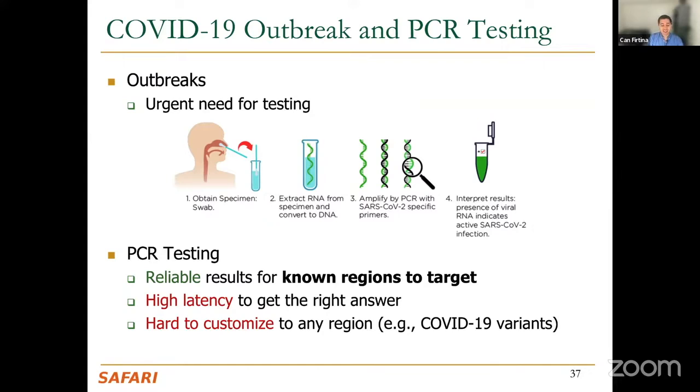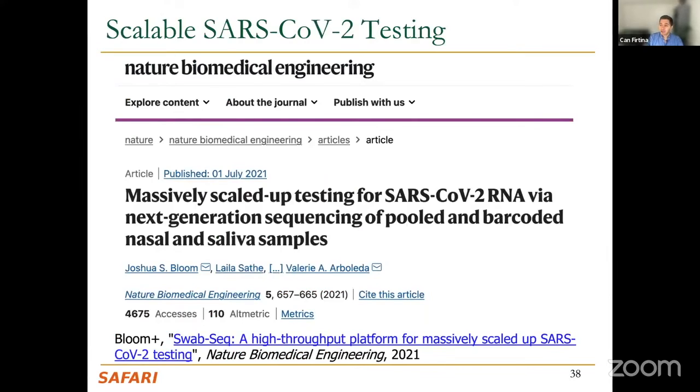So you should first know which regions to target, so that you can design your PCR. This means that there is a high latency to get the right answer, and it is hard to customize to any region. I'm saying high latency because when you give the sample, there's usually a few hours that you need to wait to get your answer. Ideally, this could be done using sequencing techniques, again, in this particular example, nanopore sequencing, so that you can give answers, basically, whether a particular sample is contaminated by COVID virus or not,